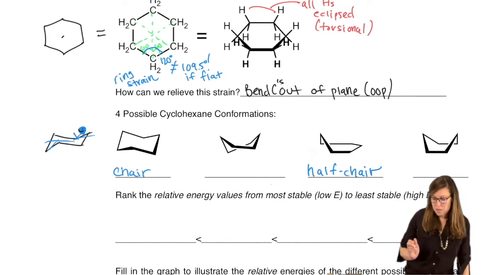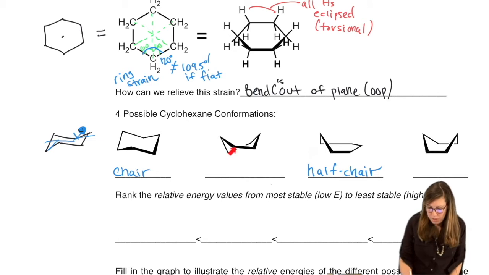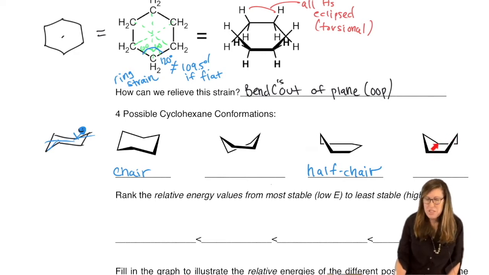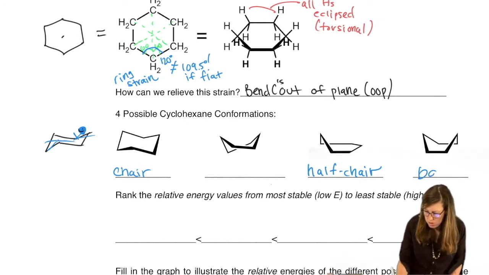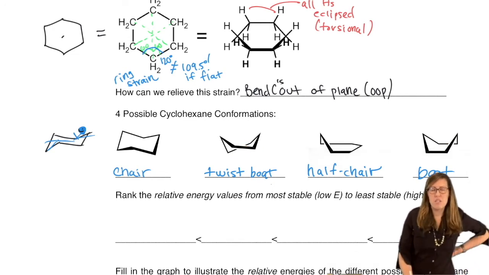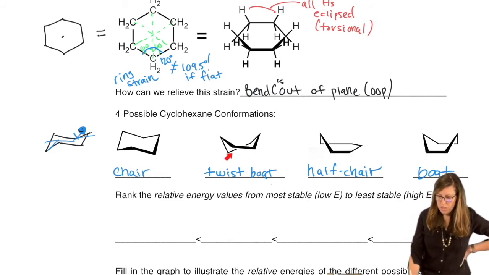There are other ways you can fold it as well. Where you have maybe two down in a row, then up, two down in a row, then up. Or you could have one up, two down, but theirs are more lined up. So this is called the boat, as you can see why. This is called the twist boat. The difference between the boat and the twist boat is simply these bonds here, whether they're aligned or not. Right here they're lined up, parallel, and here they're not perpendicular, but they're skew.